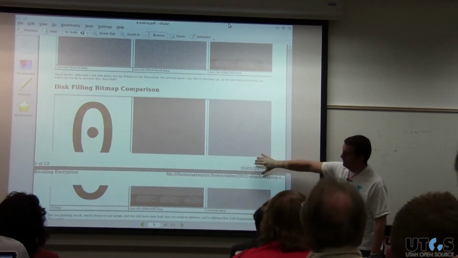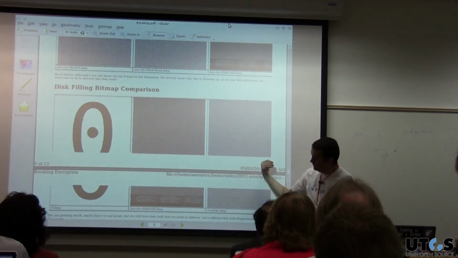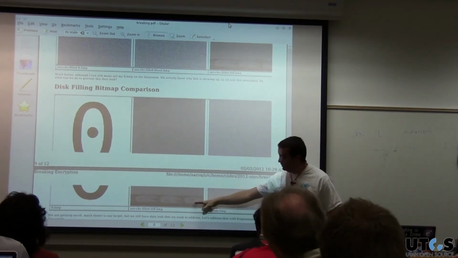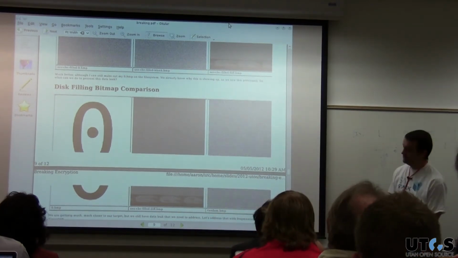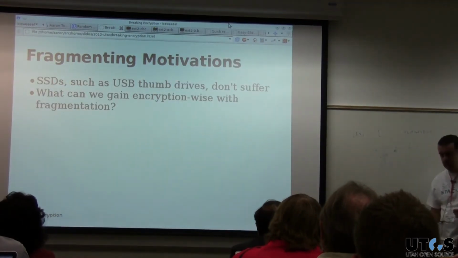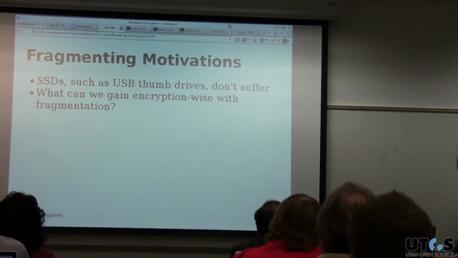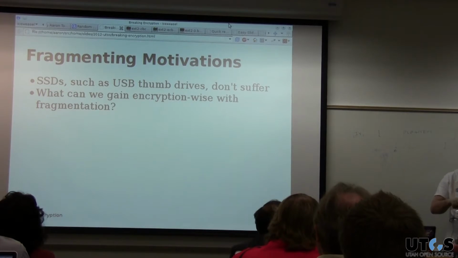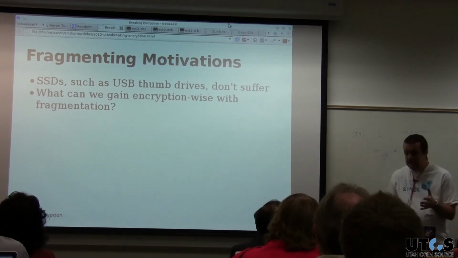again, here's our target. Here's what we got. What can we do? We're almost there. What can we do to do this? So let's talk about fragmenting the file system. Solid state devices like SSDs, USB thumb drives, SD cards, your phone, any solid state device